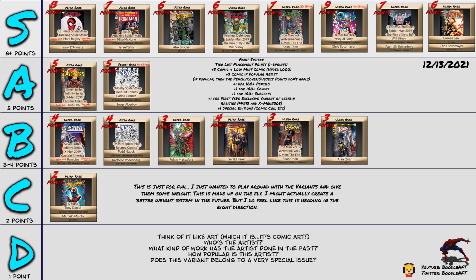Especially if you know how many mints it has. That's actually, to me, really low. That's low for a secret rare, period. So anyways, any of these comics, I would definitely start with maybe the S tier and then work